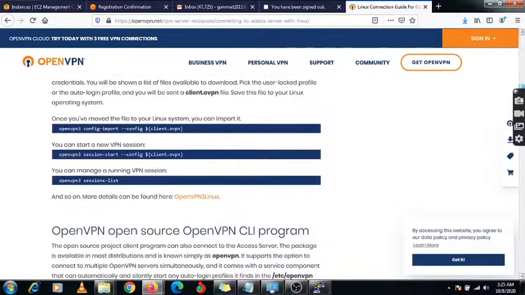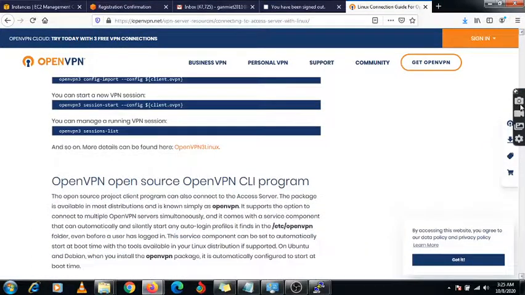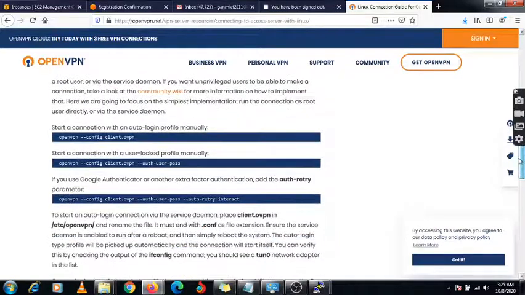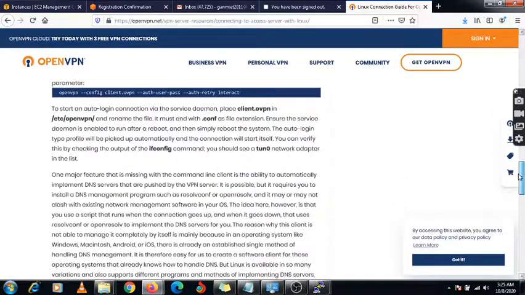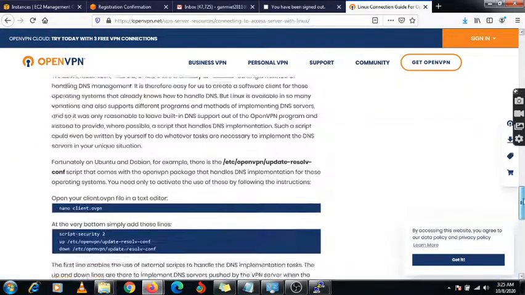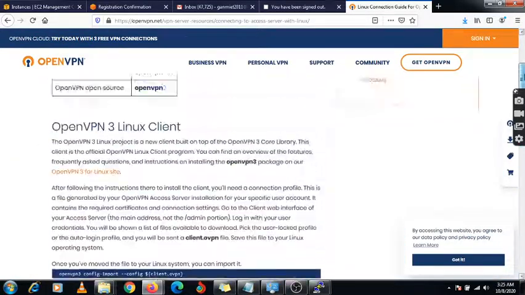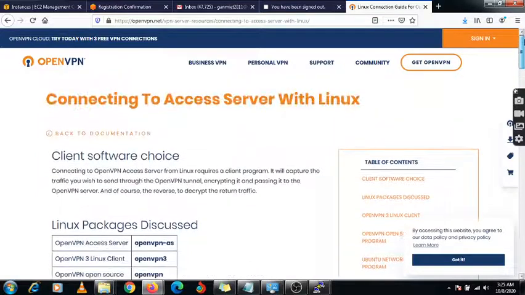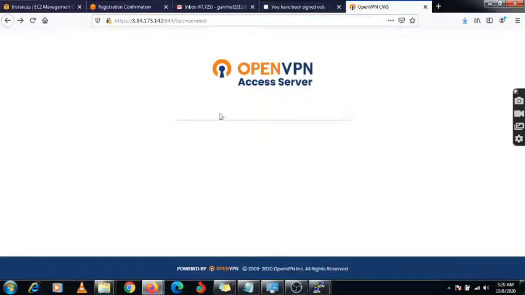These are the settings you need to apply while connecting your Linux machines. These are very lengthy methods to connect your Linux machine, so the best option is to connect it for the Windows machine.